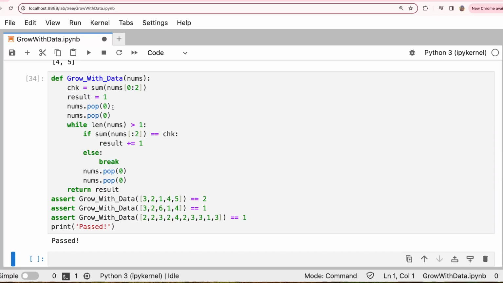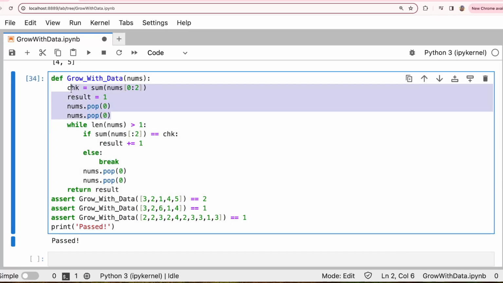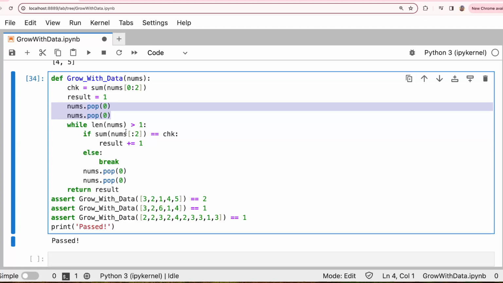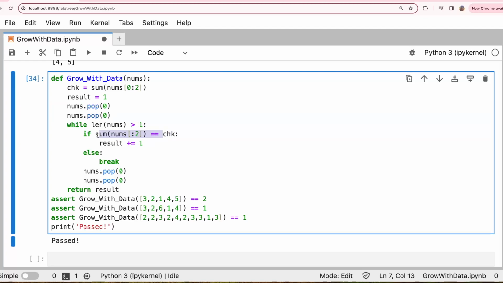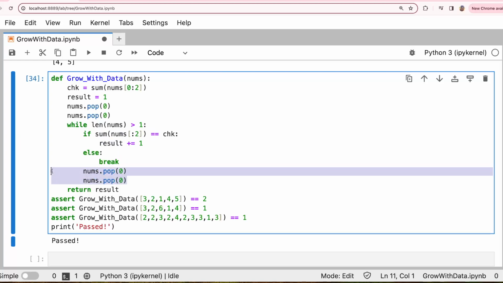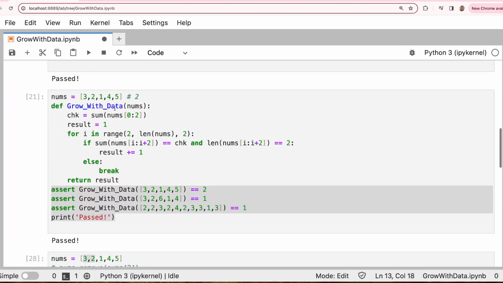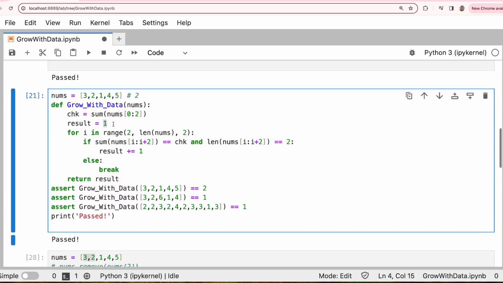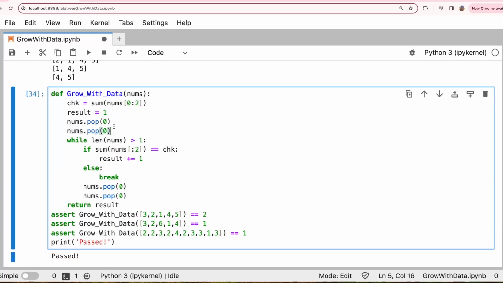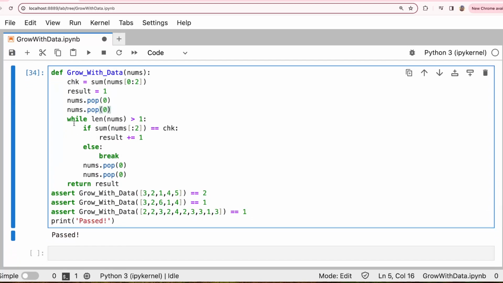So what we did, first you get the first two elements, you get the sum and you pop those, and then you get from the index 2 and check if it matches with the first two elements sum. If that is true, increment the value. If not, you break. So if you increment the value, then you pop and then you return the result. So the problem is kind of simple. The only thing is you have to understand and you can go with whatever way you want. This looks so elegant and simple, but if you want to do it with pop, then you can use the while loop. If you are comfortable with while loop, you can try this,